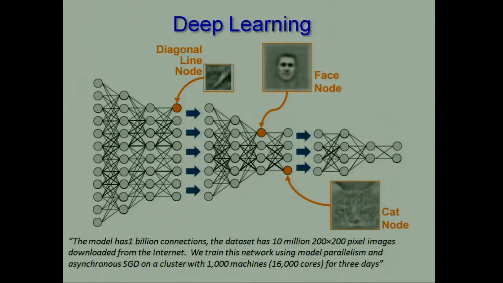This is one of these Google experiments. I'm not even sure it was an experiment, but in any case, they put 10 million YouTube images through one of these deep networks, and they found units at the early stages that look a lot like simple cells in the visual cortex, and then face cells in the middle of the cortex. A lot more cat cells than face cells, but that's YouTube. I should point out that this model was abandoned a few months after it was published. It doesn't work.